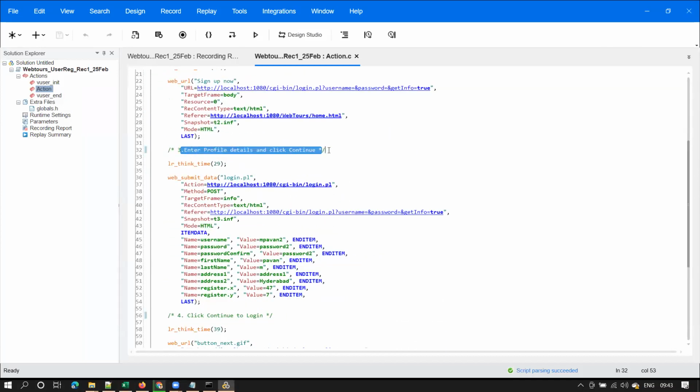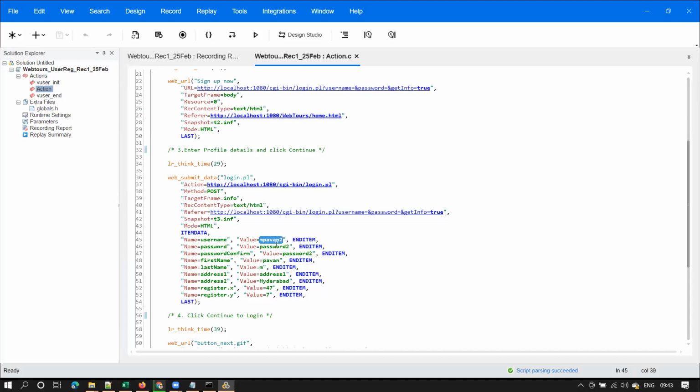And this is the third transaction. Observe here, comments are in green color, and your script is in orange color and blue color. So it is using some color coding, okay? And observe here, whatever details I entered in the form are recorded here, isn't it?